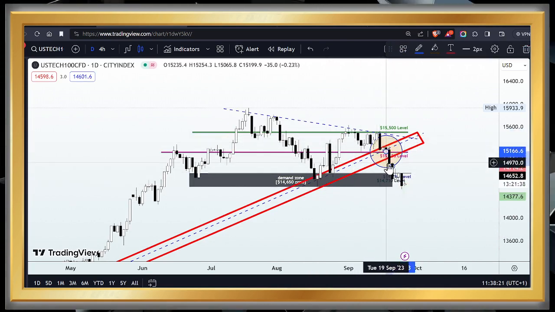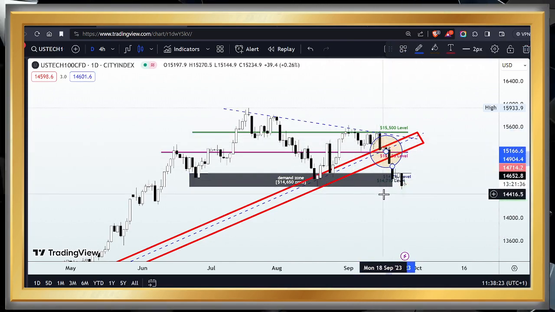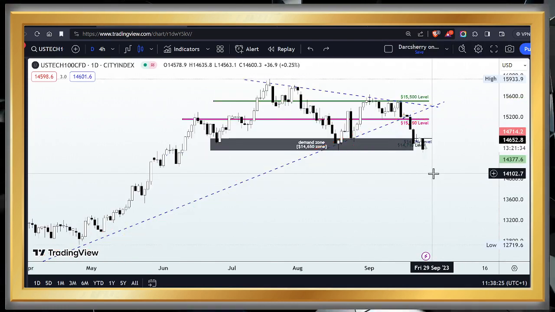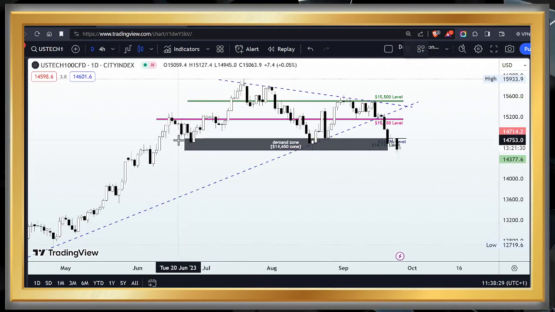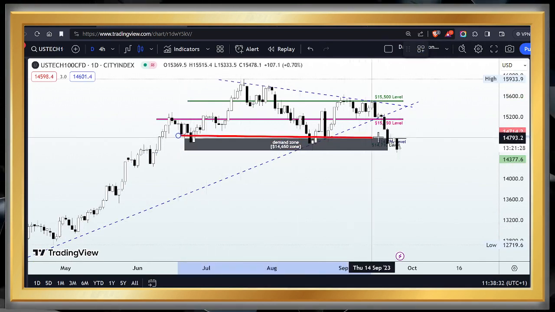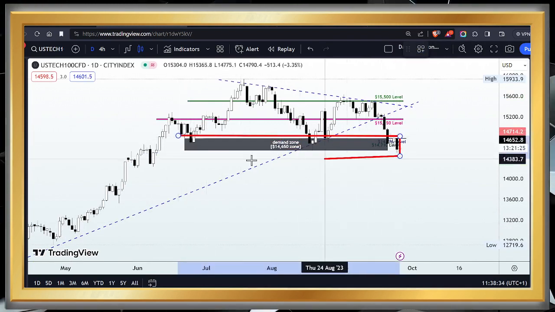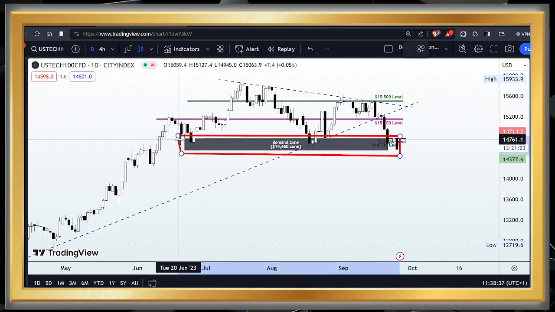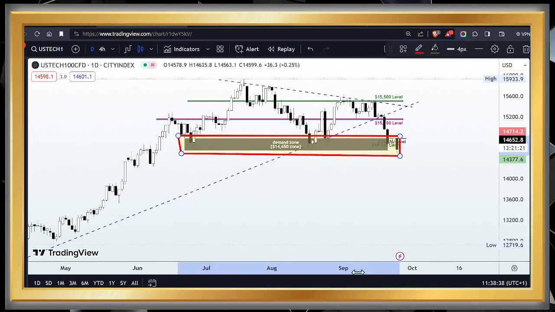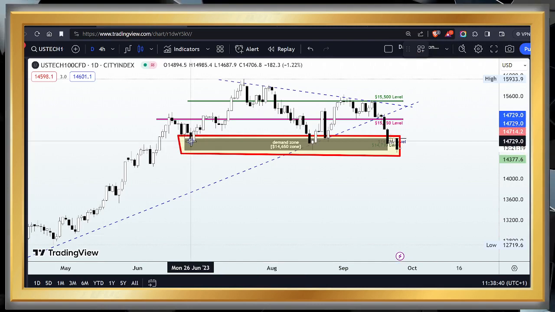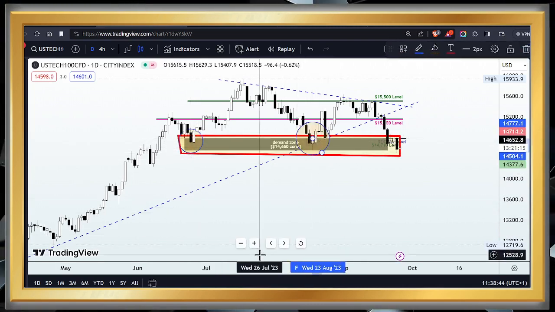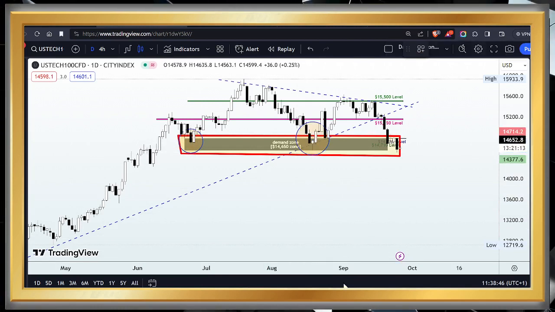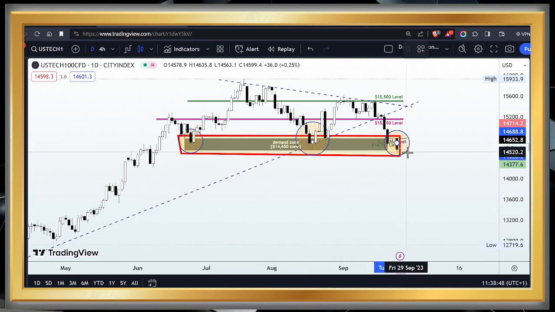Then it brought price back into that demand zone, which we identified at the 14,650, as you will see right here. So we had a demand zone here, which has a strong memory for buying power in this market. You can see that every time price comes into the zone, buyers came in, negating all attempts by the sellers to break through that structure. Right now, price is back into that zone,